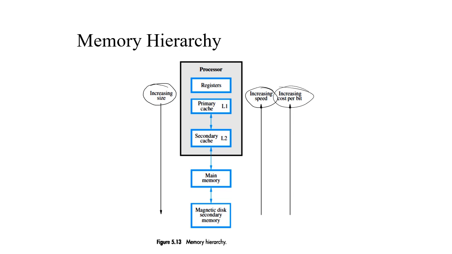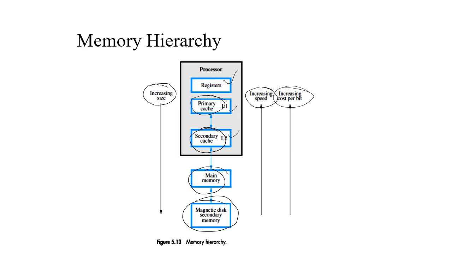The memory hierarchy starts from the processor registers. Next we have the primary cache, then the secondary cache. Then comes the main memory that is external to the processor, and the secondary storage devices. These are the different types of memories that are associated with the processor. Internally within the processor you will have registers, which are very fast. Compared to the registers, the primary cache is slower and the secondary cache is still slower than the primary.